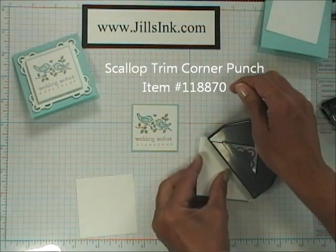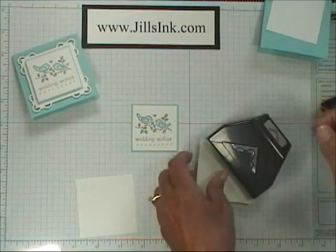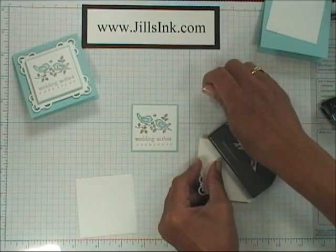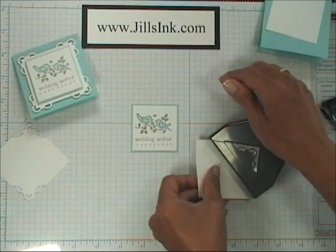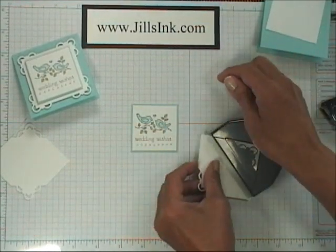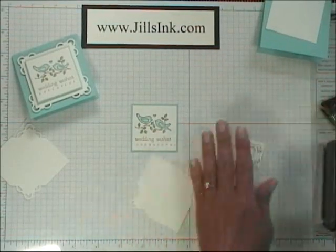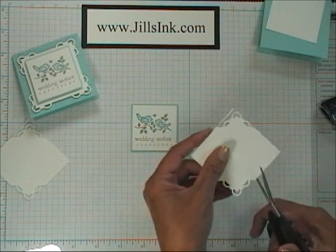Now I'm going to take the trim corner punch and just a couple of scrap pieces of white cardstock and fit those into the corner. And I've got one punch. I'm going to do one for each corner. Okay, so now I've got my 4 scallop corners, and then I'm just going to take and cut